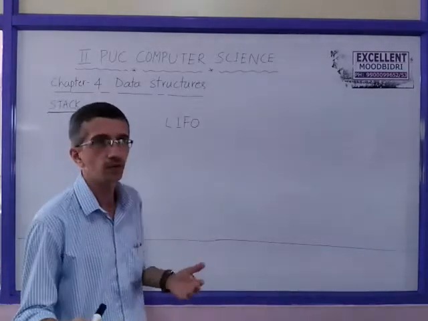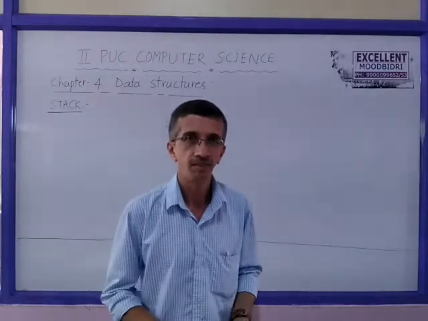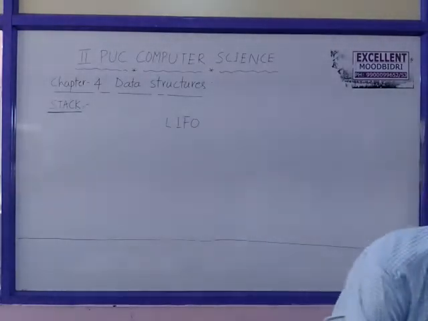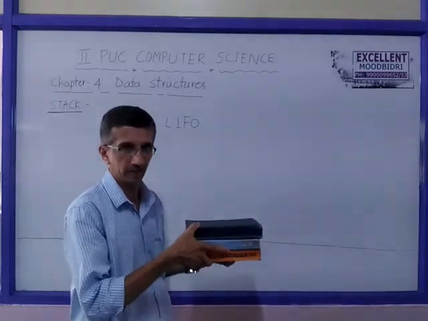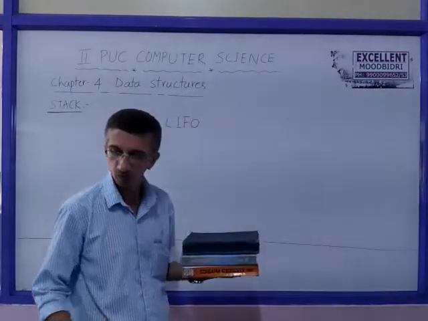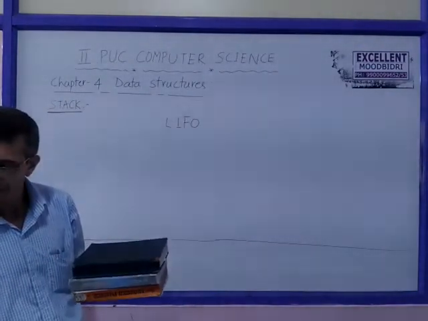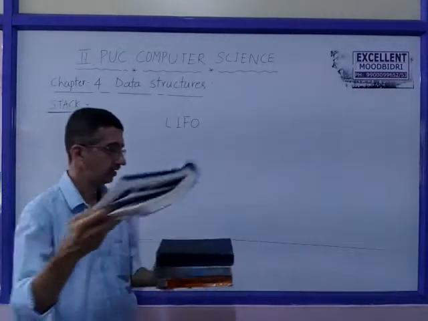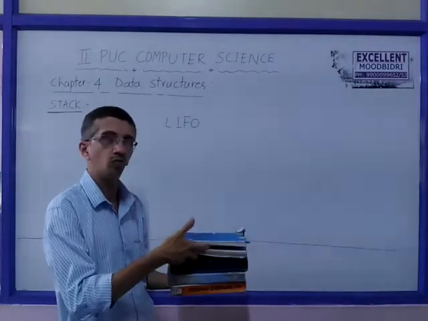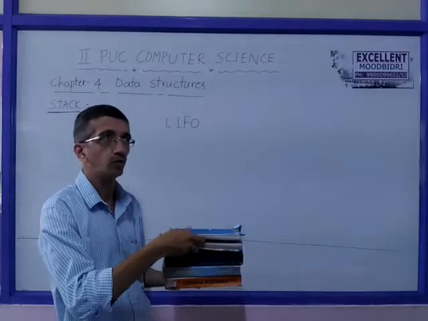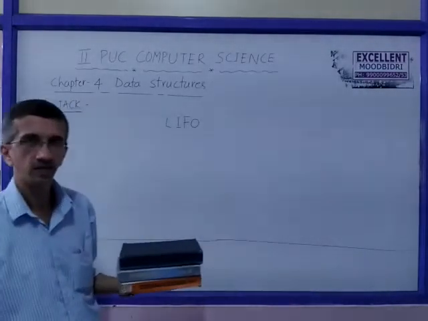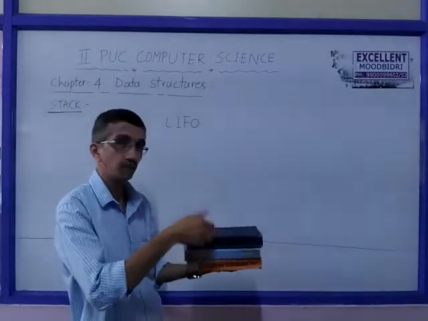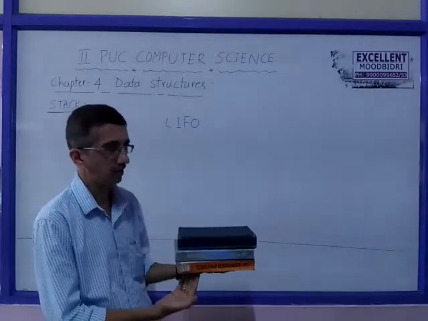Right? For example, if you take a pile of books placed on the top of a table like this. So when you place a new book, this is the way you place a new book. Insert a new item on this one, right? The new book goes over this. When you have to remove the items, the last added item is this one. Remove it first, correct? And then the next item. This is the top end of the stack. This is the bottom end of the stack.